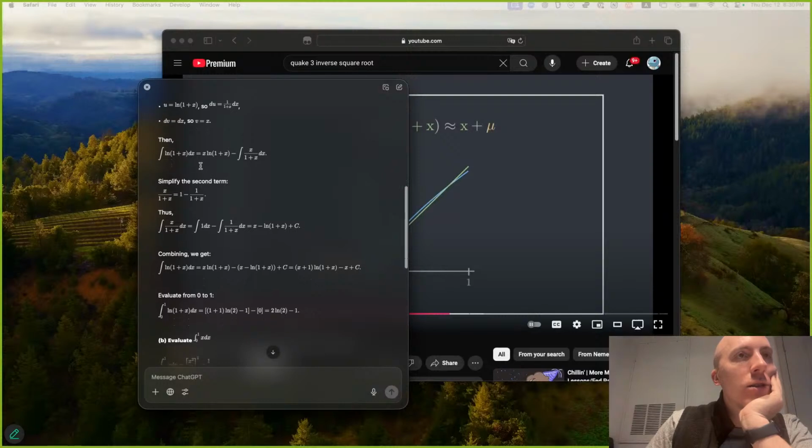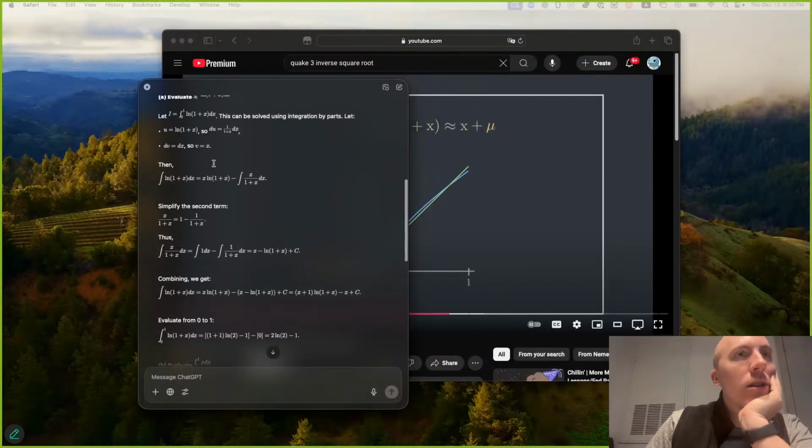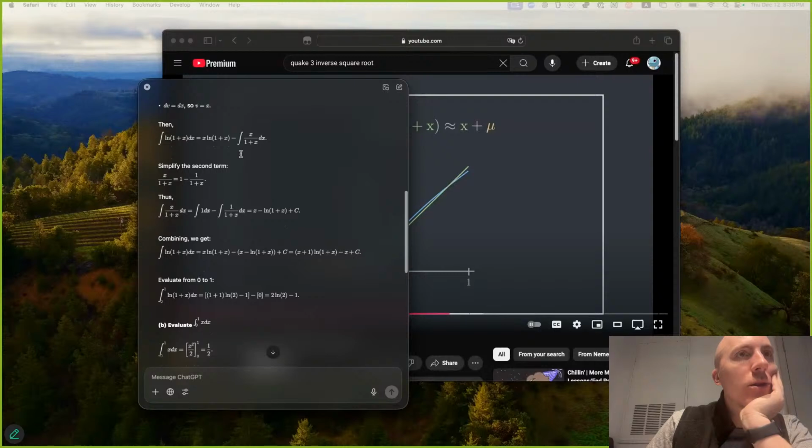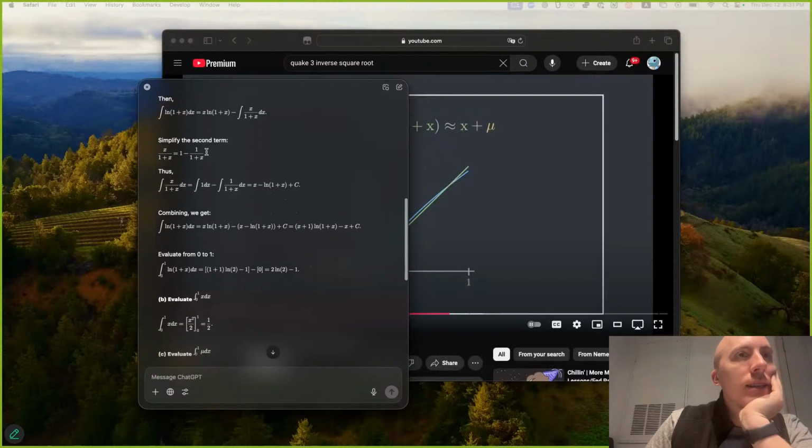So I guess the integration by parts thing is like, where's the x times natural log of x? Where is x? It's v times u, maybe? It's like v times u minus the integral of du dv. That sounds familiar. Simplify the second term. All right, the integral of this, well,